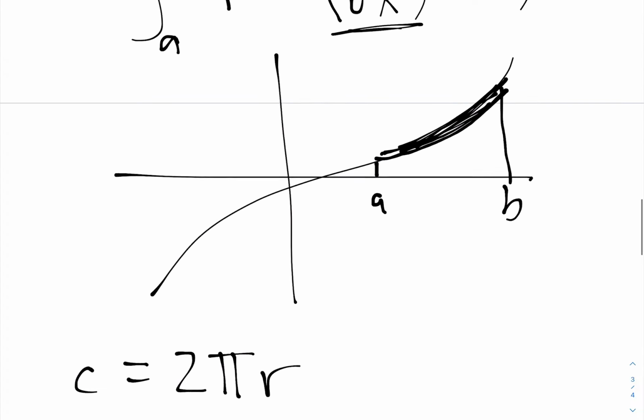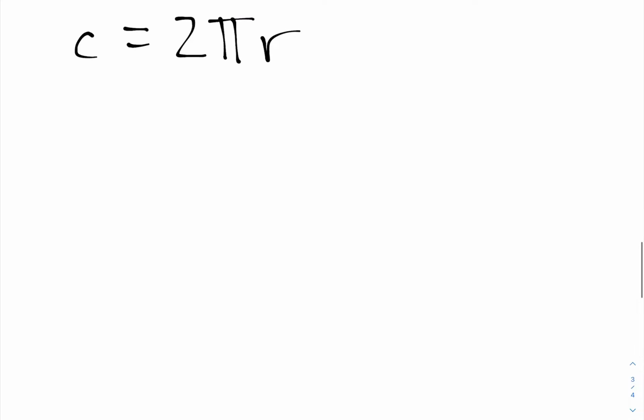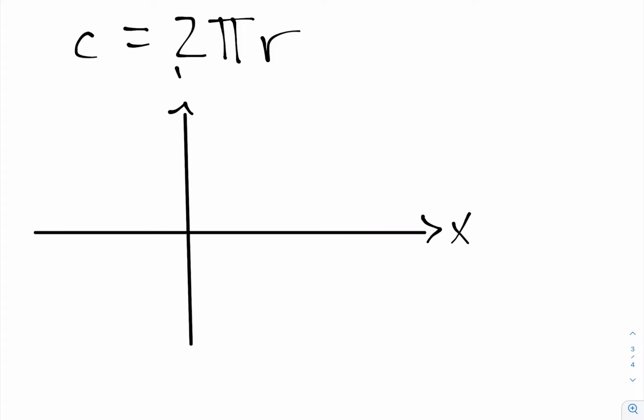So if we know that the integral from a to b of the square root of 1 plus dy by dx squared, dx is going to give us our arc length, let's just think about what the function of a circle would even be if we were to graph it, right? So we want it to be a function of x. So if this is our x and this is our y, we can't actually graph a function if we're talking about a circle. So if we have a circle that looks like this,